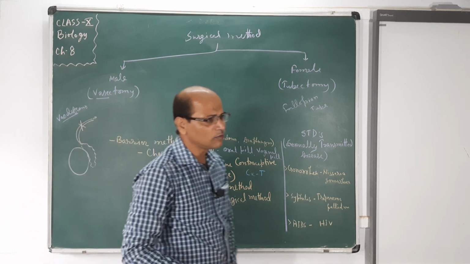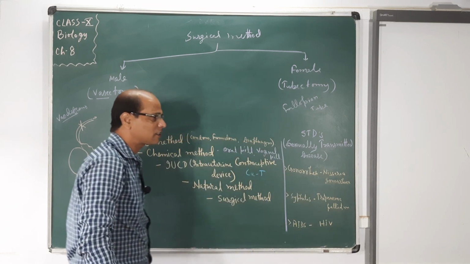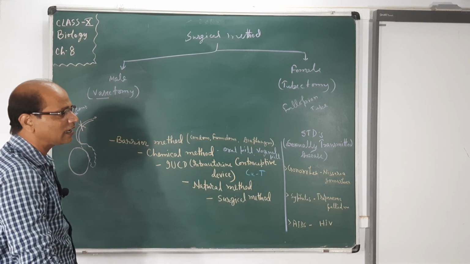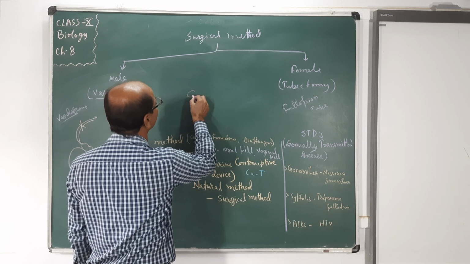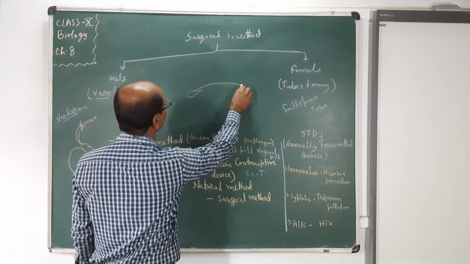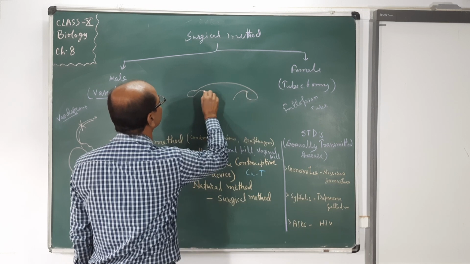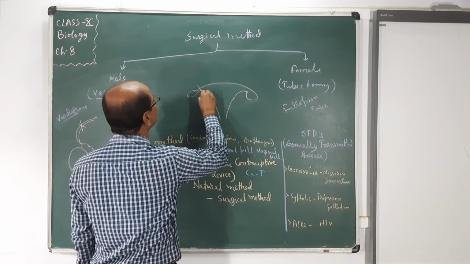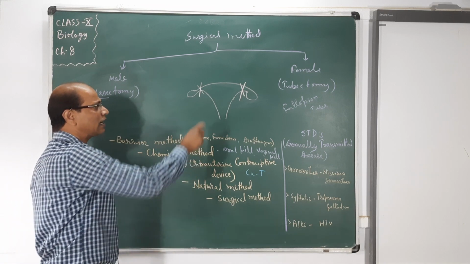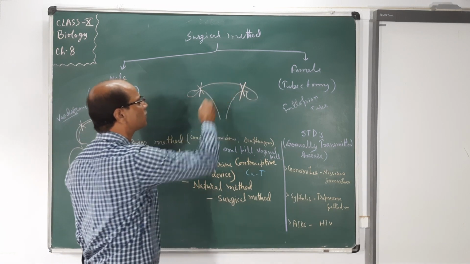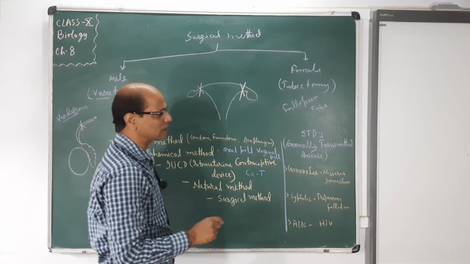It is for the male, and it is also very safe. People know that this is the safest way for population control. Now in female, what happens? The fallopian tube is detached from the ovary. So they are disconnected, means the ovum is unable to reach the fallopian tube, and fertilization does not take place. So this is done by either one parent, either male or female.